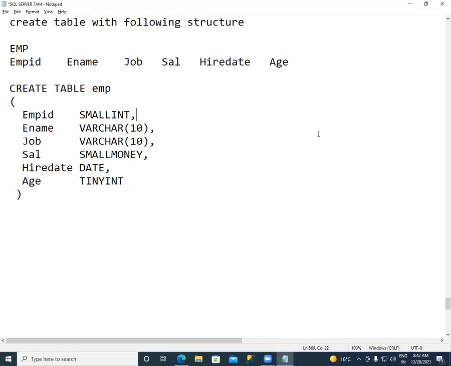Okay, now, next. Where did you write this command? Notepad. Where did you type out this command? Notepad. Can we execute this command in Notepad? No. Then go to